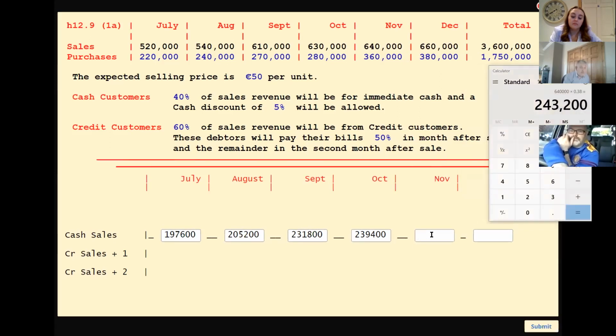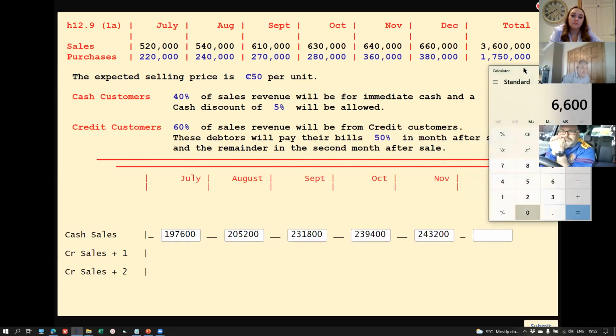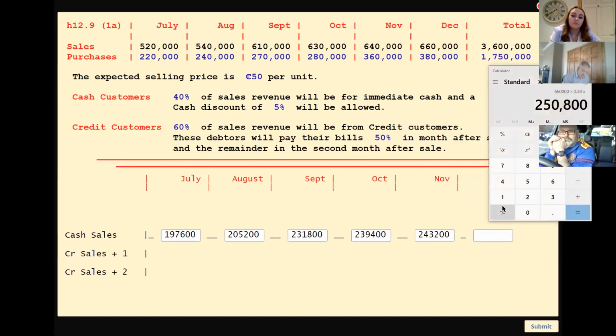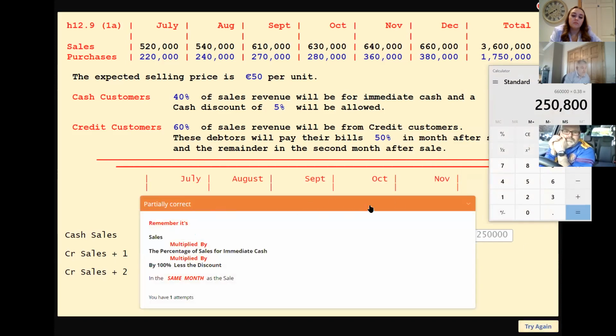243, 200. Okay, and now I'm going to make a deliberate mistake, unless I've already made an accidental mistake. 660, no. 250,800. Okay, so 250,250,000. Okay, and I'm going to go submit, and it comes up, and it gives me some information